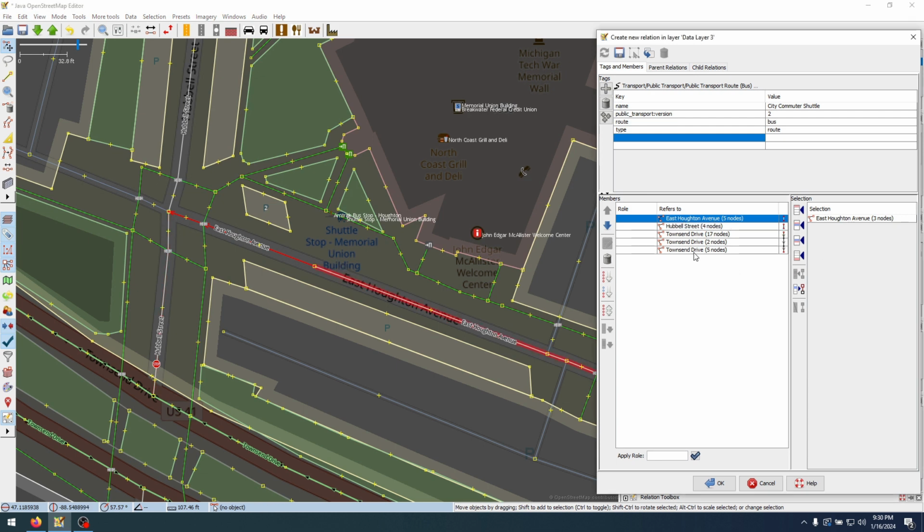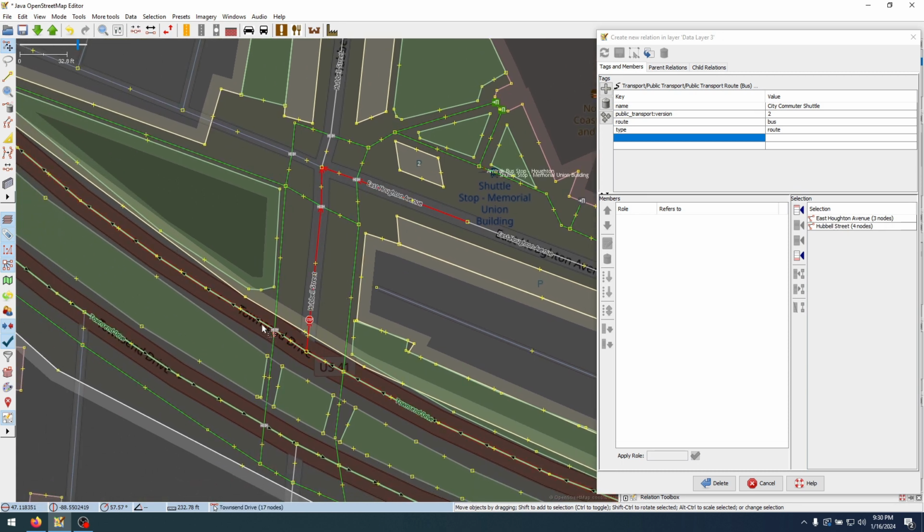So for our members, I don't want any of these because I don't know what's happening in here, so I'm just going to delete all of this and start again. So I'm going to select East Houghton Ave and then Hubble Street, and then I want to select this right here. Now this Townsend Drive is not connecting up again, but I don't want to have to reselect all of